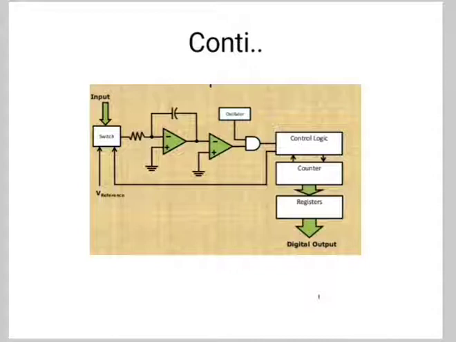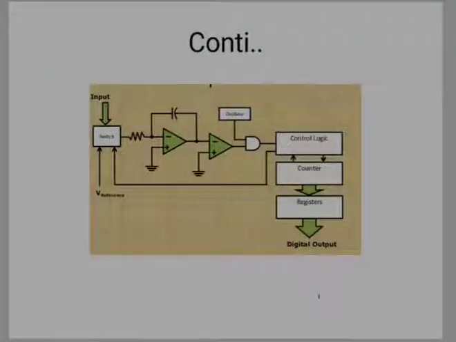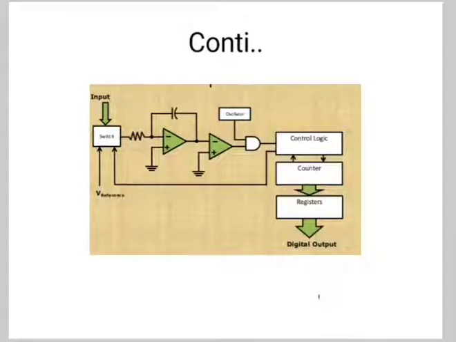This input voltage is applied to an integrator. The output of the integrator is connected to one of the two inputs of the comparator and the other input of the comparator is connected to ground. The comparator compares the output of the integrator with 0 volt and produces an output which is applied to the control logic. The counter gets incremented by 1 for every clock pulse and its value will be in binary, that is digital format. It produces an overflow signal to the control logic when it is incremented after reaching the maximum count value. At this instant, all bits of the counter will have 0 only.